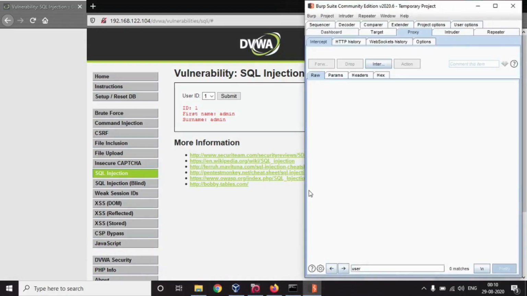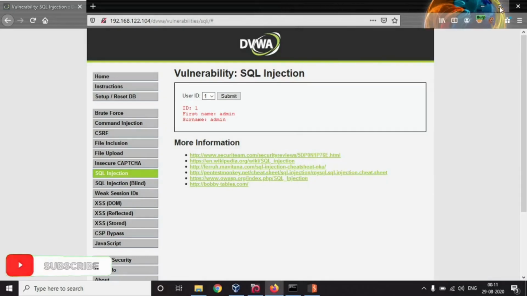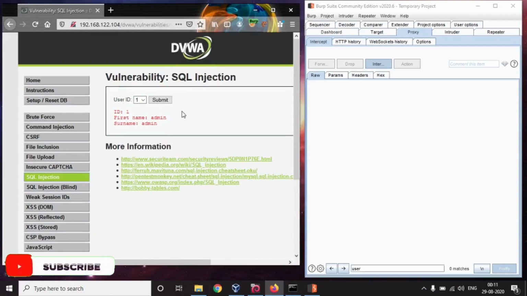Burp Suite acts as a proxy between my browser and the application. So whatever request I'm going to send will go through Burp Suite so that I can view that request, play around with it, manipulate it, edit it, whatever I want to do. Let me turn on the interceptor, or rather let's resize the windows. Now they are side by side and it will be easy for me to view the request that I'm sending and also view the result of it. I'll submit it.